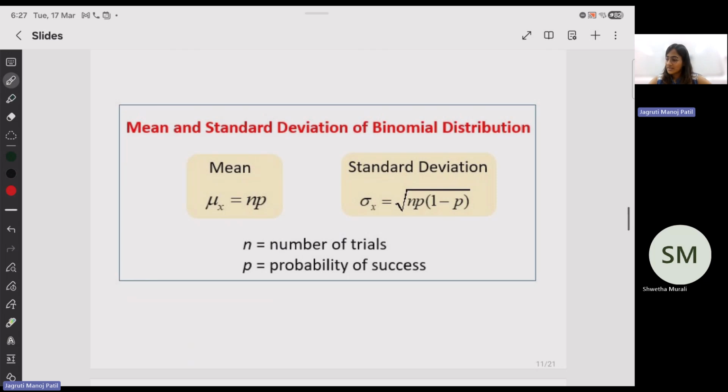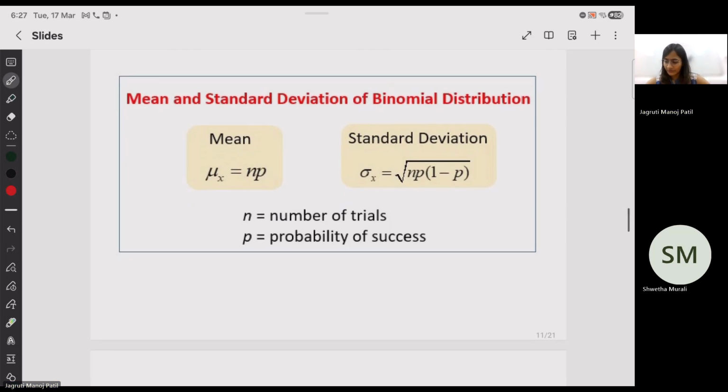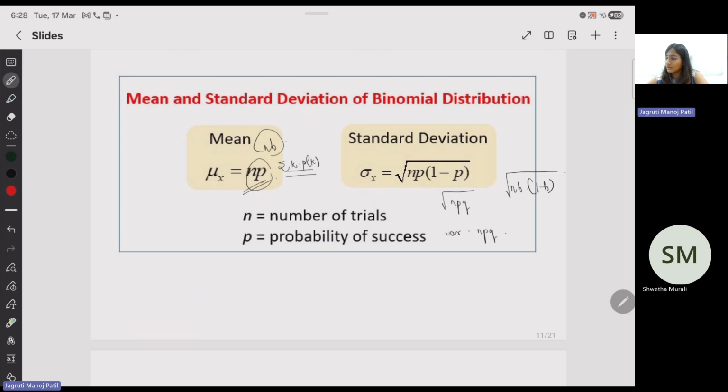Then you can also compute the mean and standard deviation for this distribution. The mean is NP. In this case it can be NB, as taught in class, or you can write it as the summation of the probabilities of all the true cases. Either way, you can write NP, NB, or this one. Standard deviation is the square root of NPQ and variance is NPQ. How we studied it in class was n, b, and then 1 minus b, square root of all of them. That's how we studied it, following the class terminology.